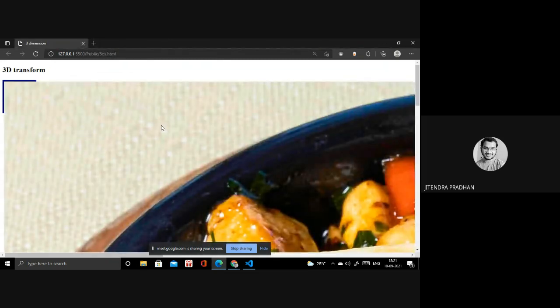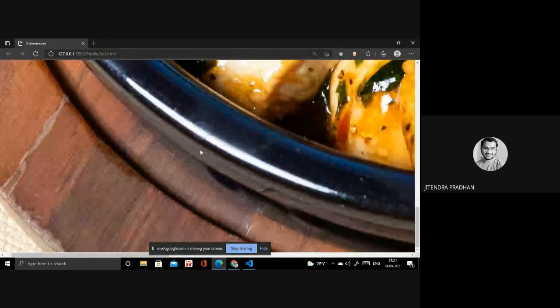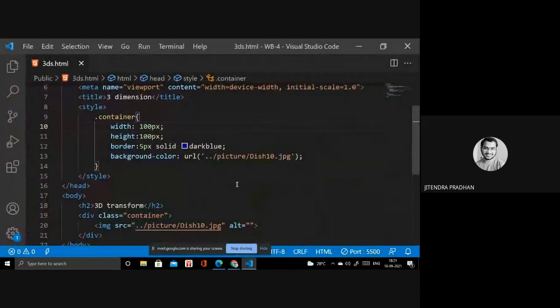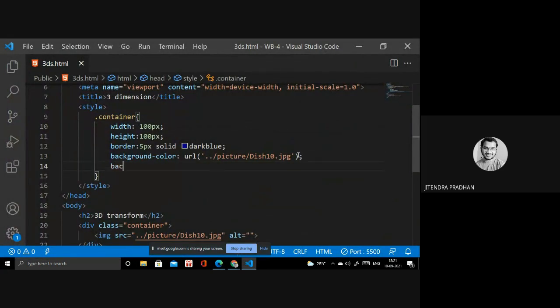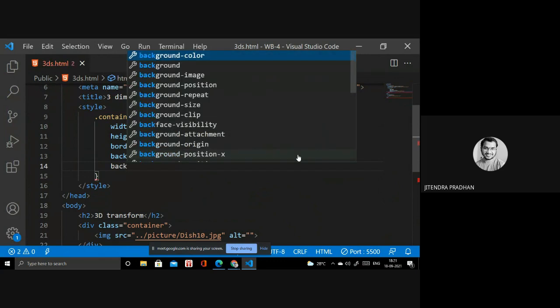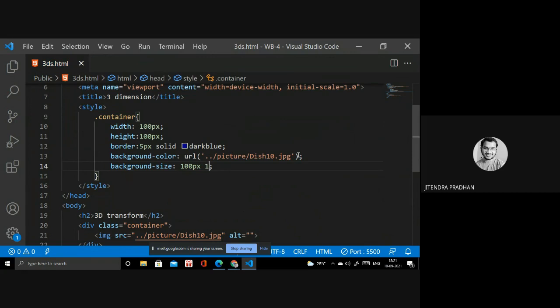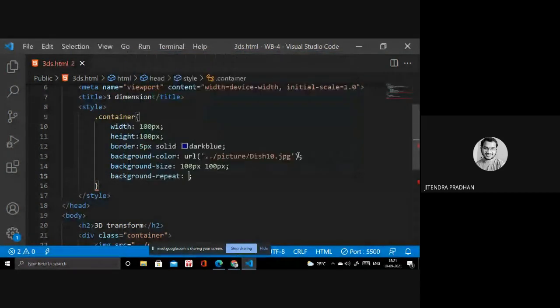It looks like that, but I need the picture height and width, so I need to design the CSS. For the picture size I need to apply background size, 100 pixels by 100 pixels. Next, you have to use background repeat: no-repeat, because I don't want to repeat that picture or image.